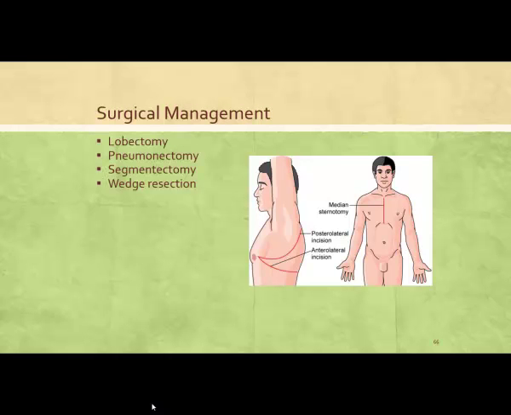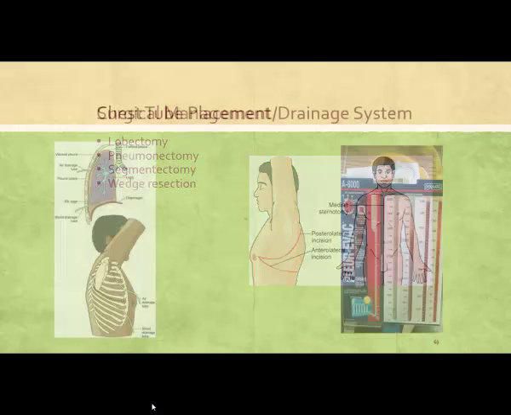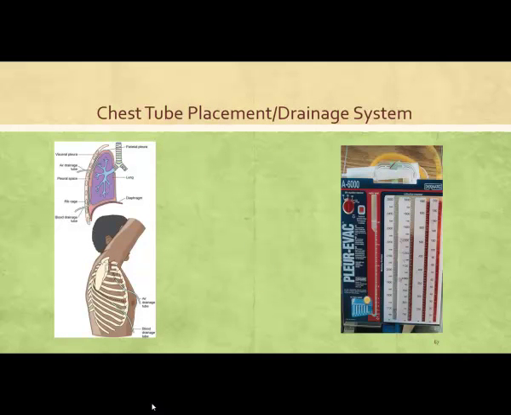With postoperative care, these patients are going to come back with chest tubes. There's a couple of different pictures up here of chest tubes. When you think about a chest tube, the tip of the tube is used to drain air. And then there's another tube that is placed to drain liquid, kind of at the base of the lung. The chest tube is connected together by about 6 feet of tubing, so it's kind of a Y connector.